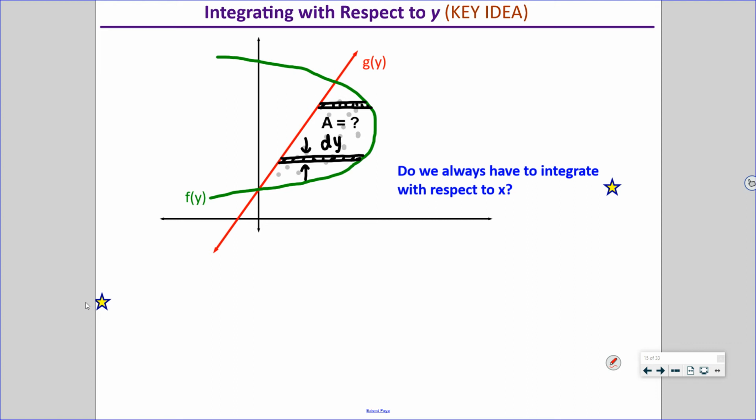I think I even put a problem in here where we're going to do it both ways. We're going to integrate with respect to x and with respect to y, and you'll see obviously we'll get the same area. But when this type of area is presented,